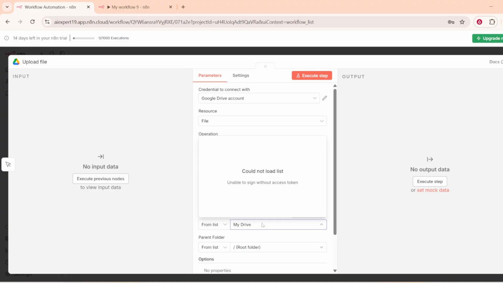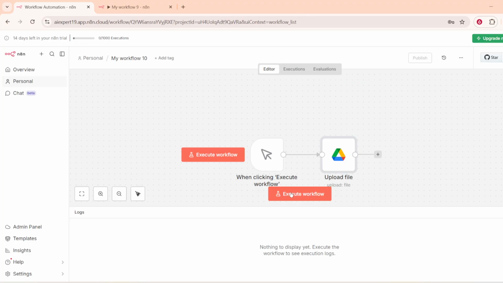Then fill in the destination folder or path and the file name you want to use. If the node asks for credentials, select your saved credentials for that service. If this is your first time, ensure you've set them up in n8n and tested the connection so the upload can authenticate successfully. When everything looks good, click Execute Workflow. You should see the upload node run and return a success message, often with